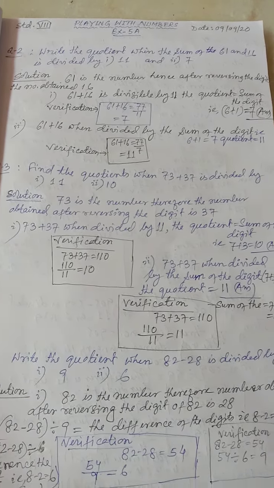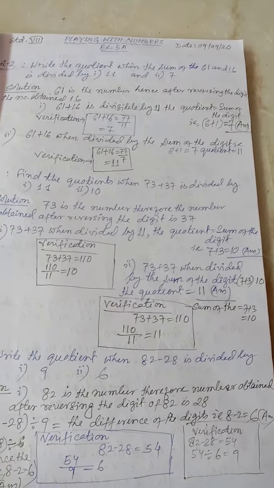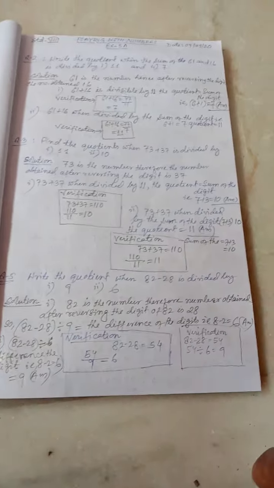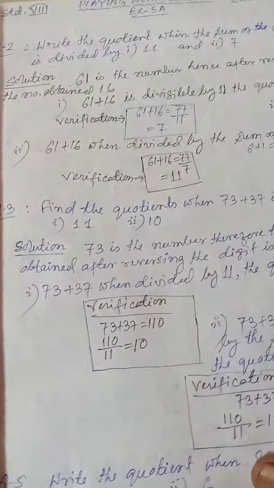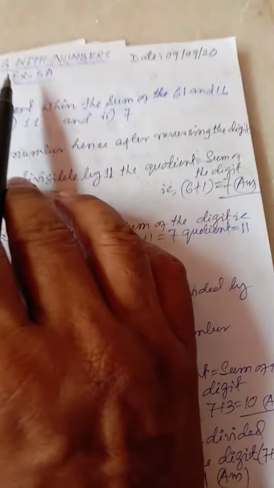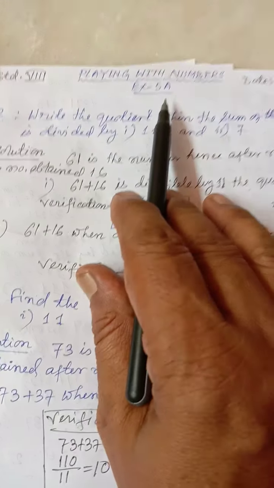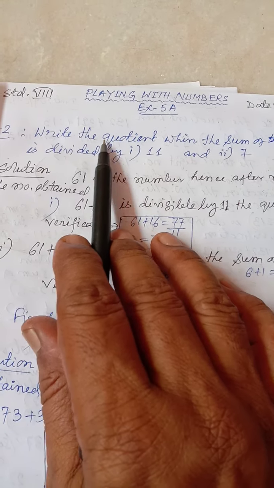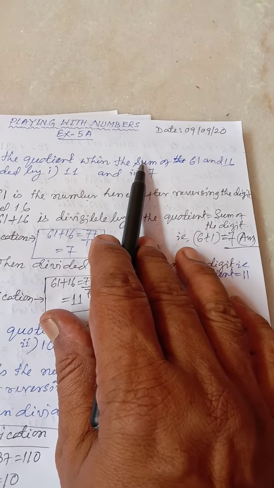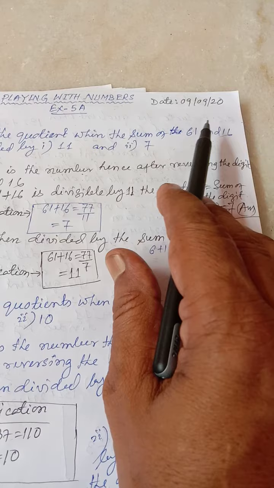Students, in our previous videos, we have learned about the properties of two-digit numbers and three-digit numbers. Now we'll implement all the properties by going through the sums of your exercise. Exercise 5A that we have taken, Playing with the Numbers. Question number 2 I have taken. Question number 2 says to write the quotient when the sum of 61 and 16